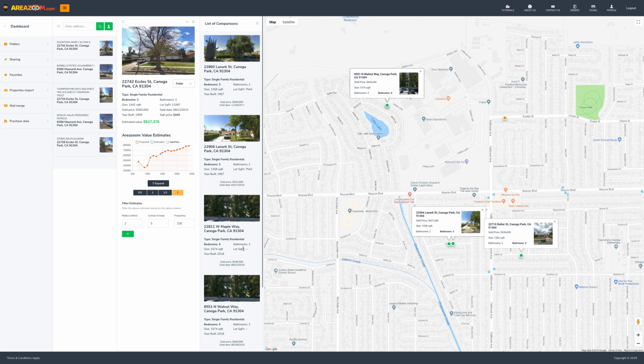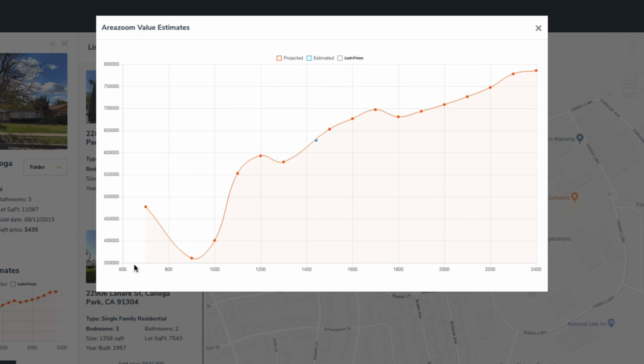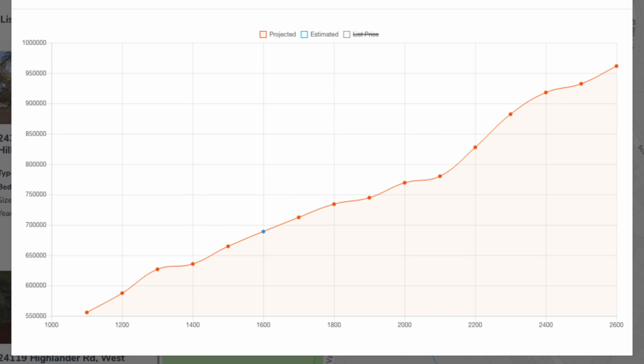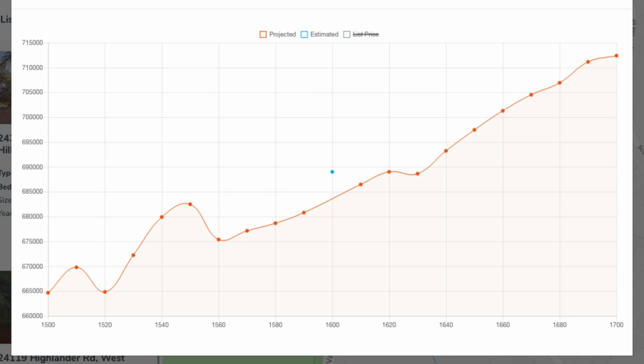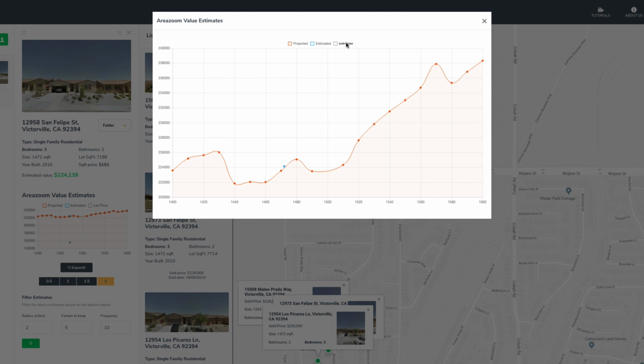So at AreaZoom, we create a multiple market evaluation within a radius of a property, and use specific square foot increments to plot the maximum number of data points on a graph. By performing this curvilinear regression, we get sound data across the graph, which will give you a much better indication of the base value of a property. And you can determine the square foot increments you'd like to base the data on. For instance, if we run the data in 100 square foot increments, we're going to get 13 data points here for this particular property. If we run the data in 10 square foot increments, we're going to get many more data points here. All of this can be determined by you to get as clear a picture as you want